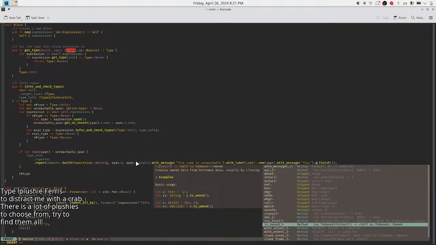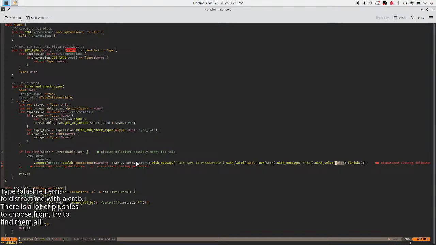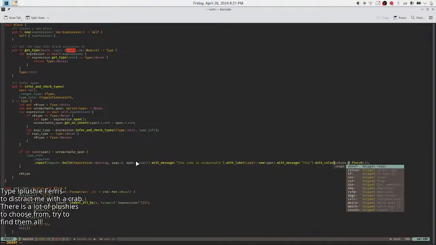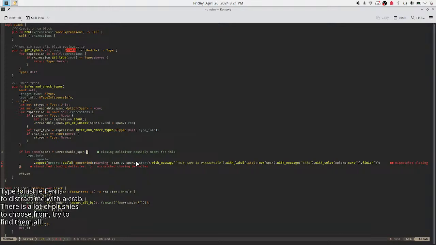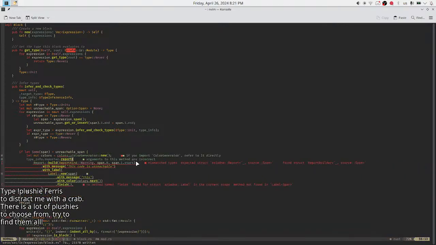With color. Yeah, this much. Colors next. Maybe I shouldn't do this, because colors, why would I declare an object just for that? And parenthesis, I think.